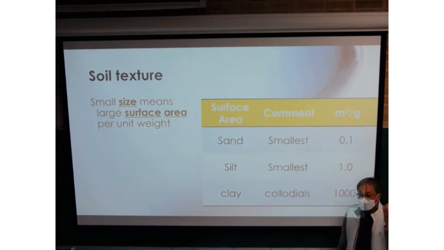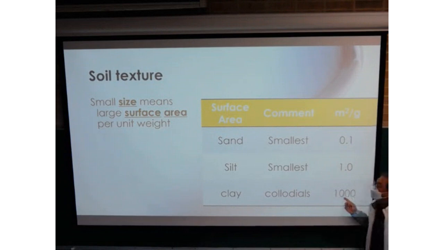That's why when we calculate the total clay particle surface area, we are able to see 1,000 square meters of surface area